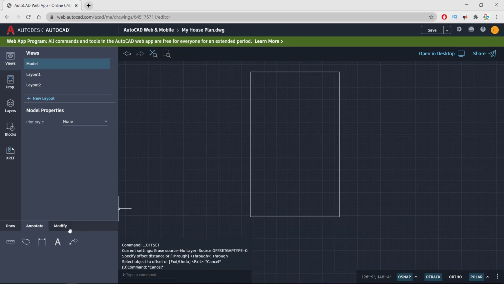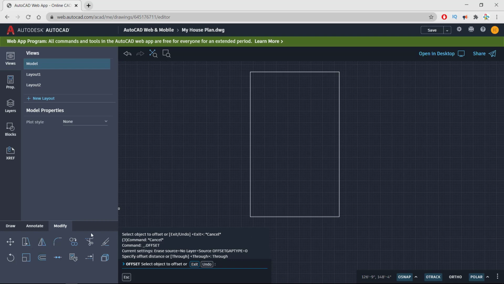Now coming to the modify section, I am selecting offset. I am basically taking an offset of my area, and I am about to draw a boundary of my house, so I have to take the offset. I am selecting offset. As you can see, the mouse icon has changed and it is asking me to select the object.